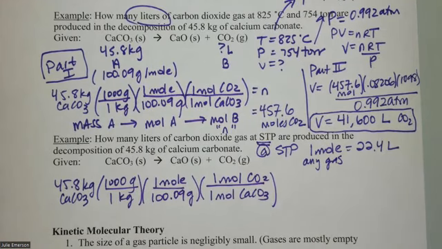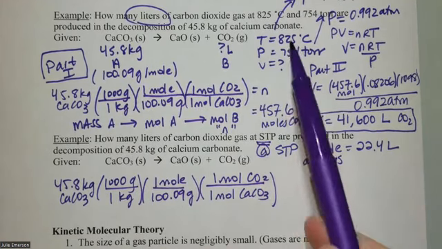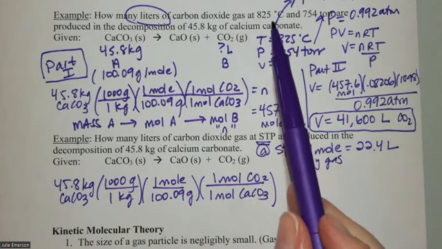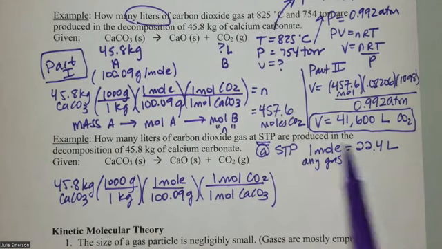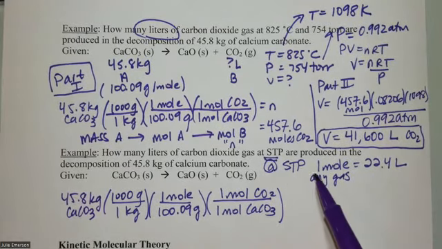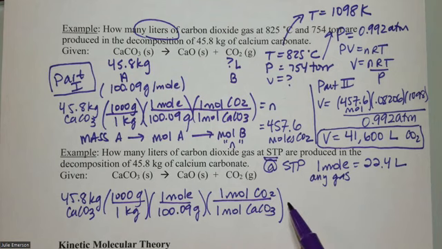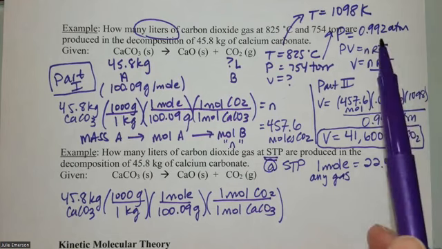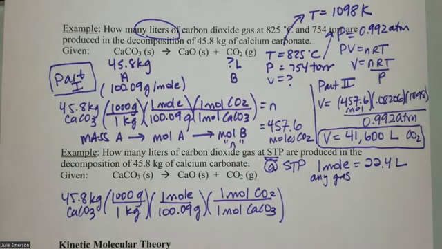And that's the whole thing with gases, right? In the first one, temperature was super high, 825 degrees Celsius. Now we're talking about 273 Kelvin. So instead of 1098 Kelvin, we're down to 273. We're at a much lower temperature in this example, which means we're going to have a much lower volume. Pressure is about standard; 1 atm is standard. This is pretty close, but we do expect the volume to be less because temperature is less in